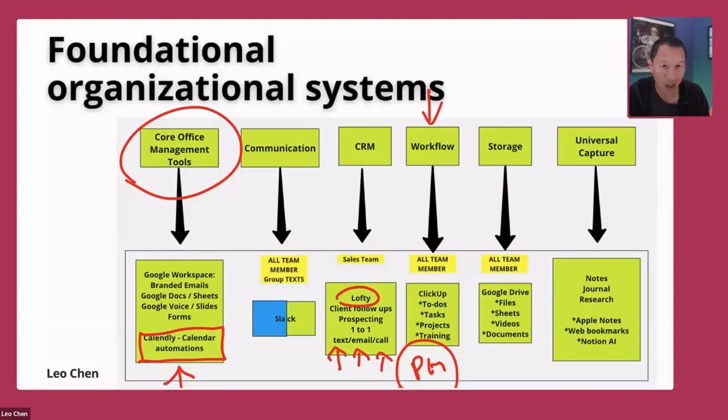Okay, and this also goes to any kind of process and any kind of what we call SOP, standard operating procedures, that you can put together so that you can always reference that. Or if you're hiring someone or bringing a new agent, you give them that SOP and they can get started right away. Okay, so procedures and processes that you guys run to. Okay, so we need to house that somewhere, and that's the workflow layer.